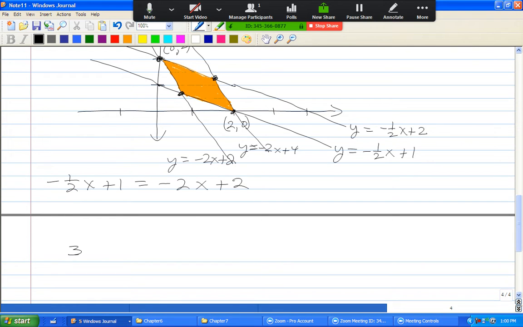Add 2x to both sides. Subtract 1. So x is equal to 2/3. And so y is equal to